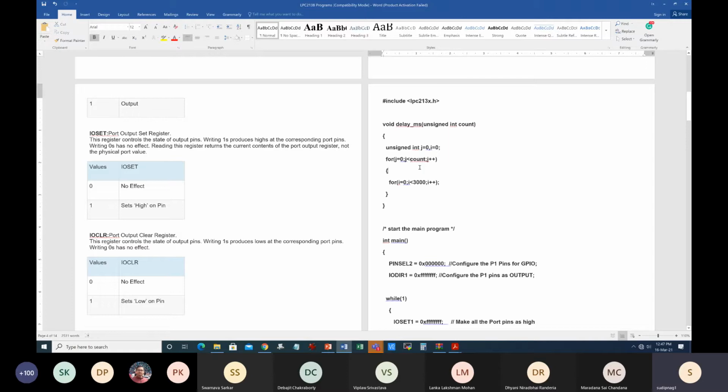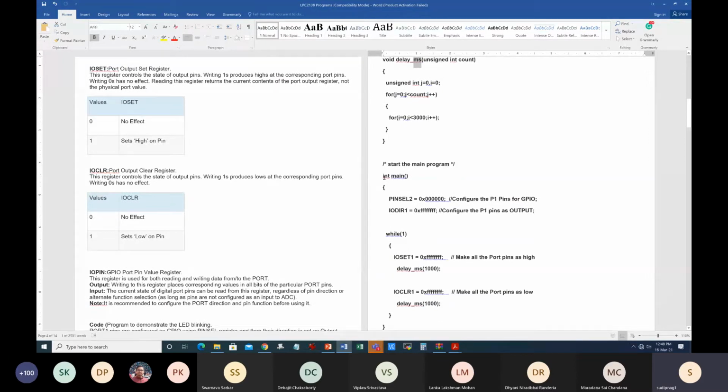Obviously, the count value and the coefficient I are selected based on certain factors such as the crystal frequency. Here I'm just considering whatever crystal frequency, which must be in some megahertz, and we have to generate some delay in the range of milliseconds. Exact delay is not demanded here. If exact delay is demanded, you have to do the calculations based on the machine cycle. I'll talk about that also.